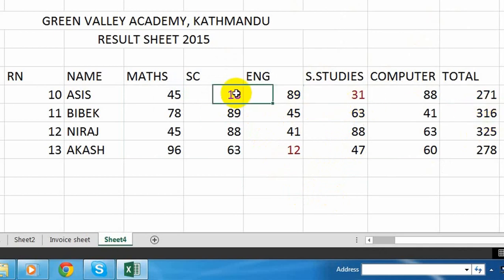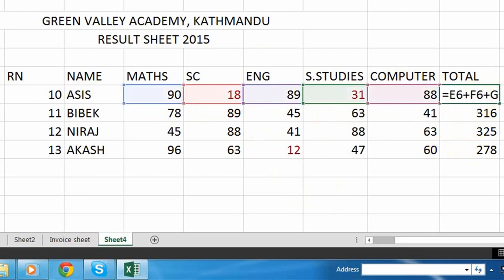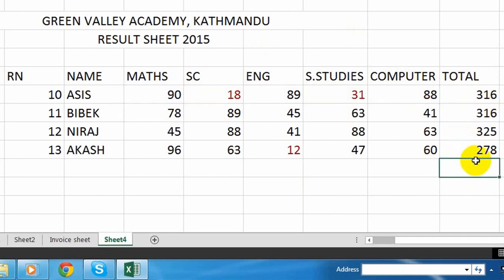हामीले यहाँ भ्यालु चेन्ज गर्न सक्छ, यता पनि चेन्ज हुन्छ. जस्तै म यो 45 लाई 90 गर्छु, प्रेसिङ द अटोमेटिकली यु क्यान सी गेट चेन्ज इन टोटल, because we have applied a formula here. You can see the formula on the formula bar. Like this we can easily calculate with mathematics or various numbers, or we can work with statistical data in Excel.